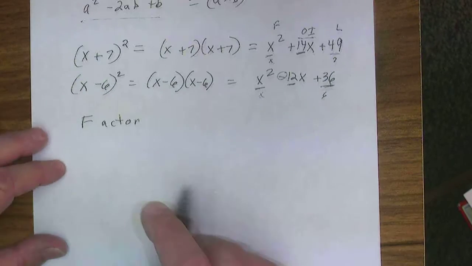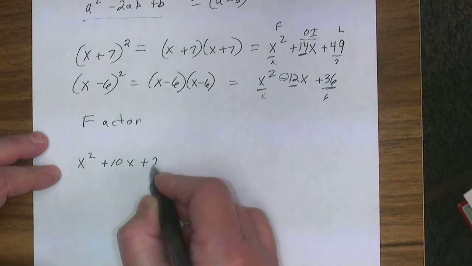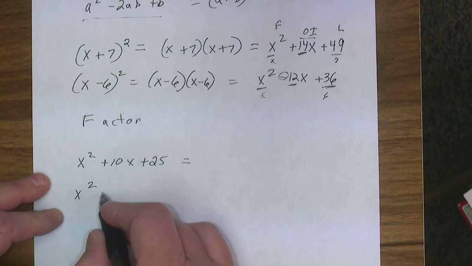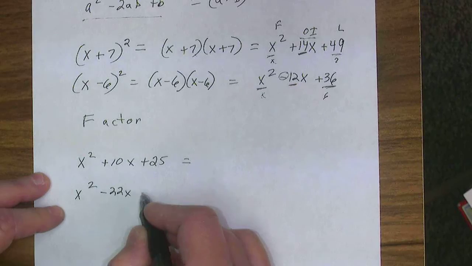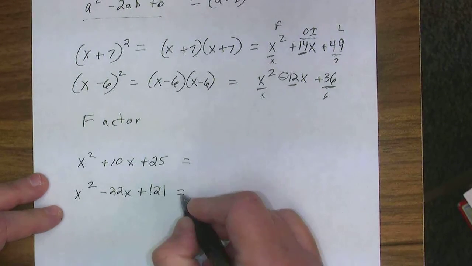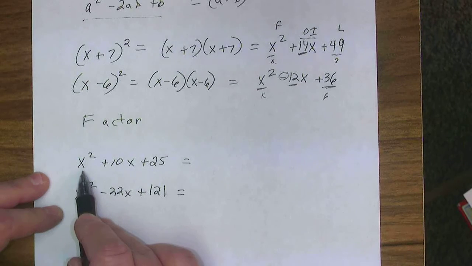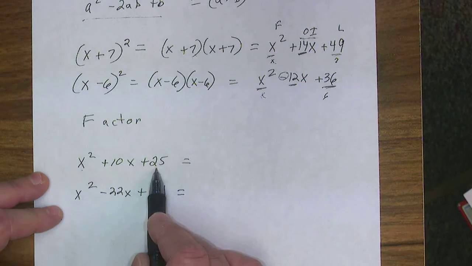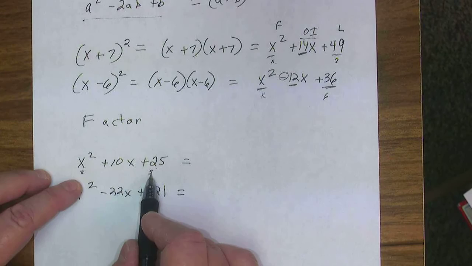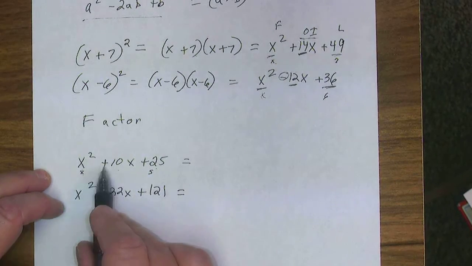So let's factor. Let's say we have x squared plus 10x plus 25. Let's say we have x squared minus 22x plus 121. Let's look at these two. You recognize this is a trinomial square of a binomial, because this is a perfect square, this is a perfect square. Square root is x, square root is 5. If I multiply those, I get 5x. I double it, I get 10x. So this is x plus 5